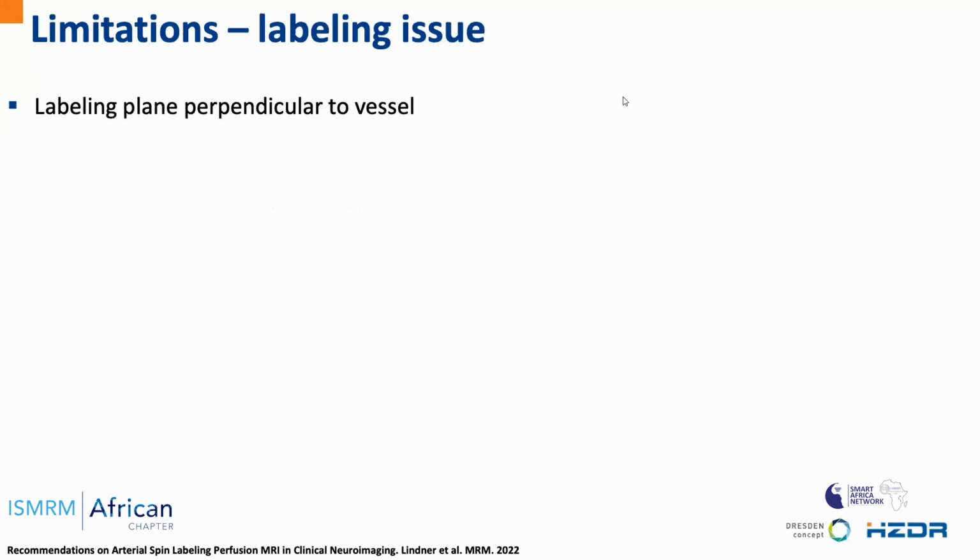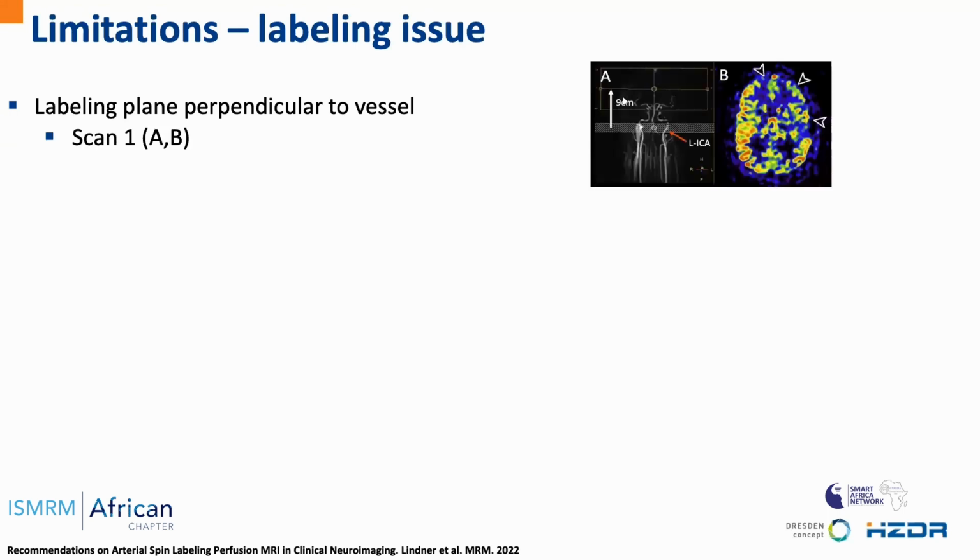Last but not least is the issue with the labeling plane. So optimally, the labeling plane should be perpendicular to the brain feeding arteries to reach the maximum efficiency of the labeling. However, this is not always possible, and we can see in this example that the labeling plane is not perfectly perpendicular to the left ICA, because the ICA is tilted,